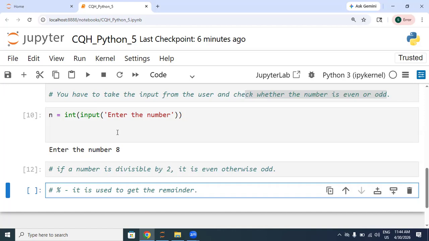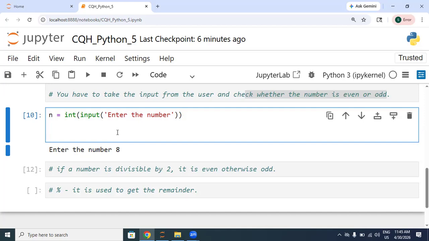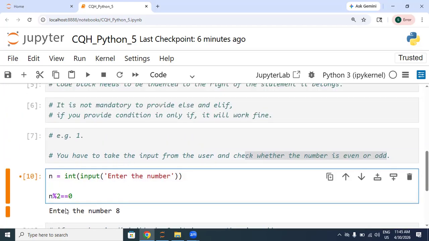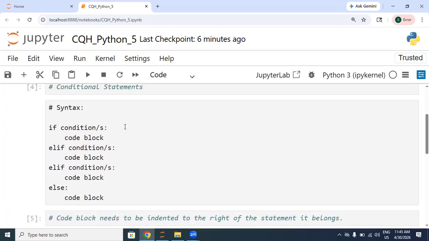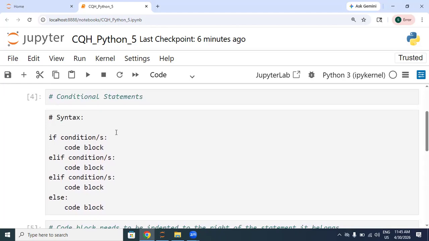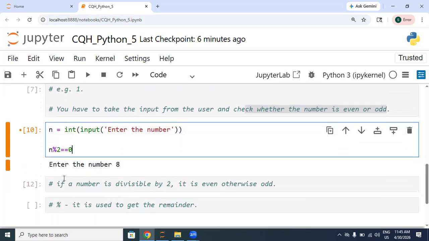So now let's see how it works. The condition will be: if this number divided by 2 gives the remainder 0, means we have to compare it, then it will be even, otherwise it will be odd. So let's put this condition in this syntax. We are having two conditions, like if this number is divisible by 2, then it is even, else it will be odd. So let me write it as